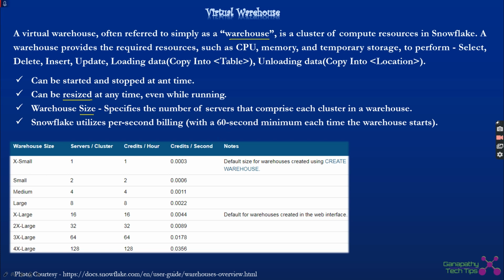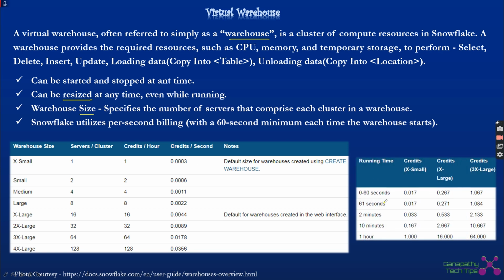So these are the various warehouse sizes that Snowflake is offering to us. We can select each based on our demand. This is how the credits are getting consumed. The billing in Snowflake happens using something called Snowflake credits. The Snowflake credits are directly tied to the size of the warehouse which we are making use of.